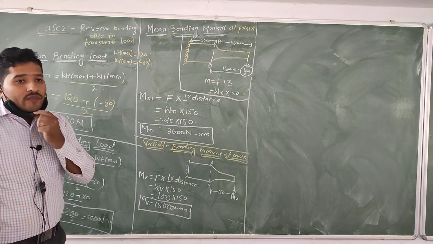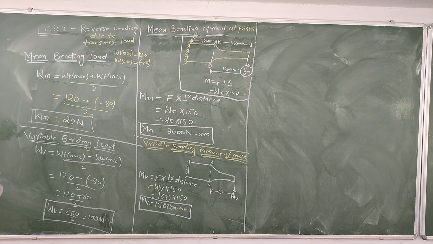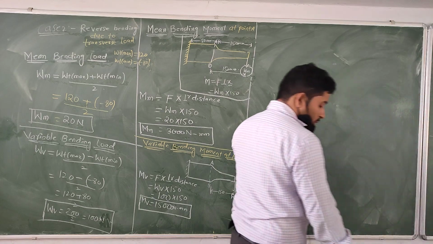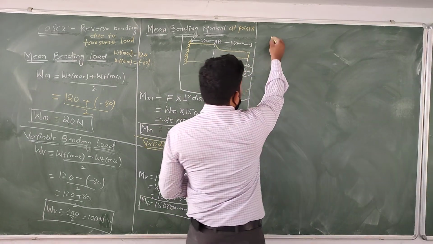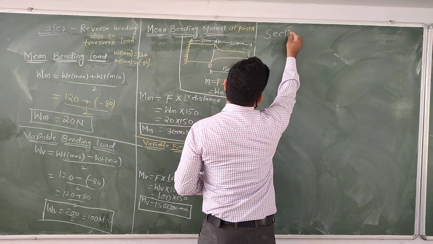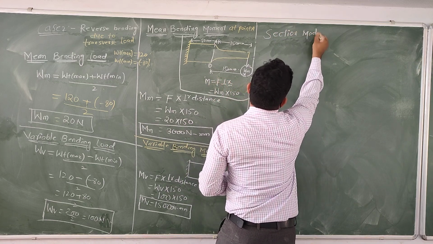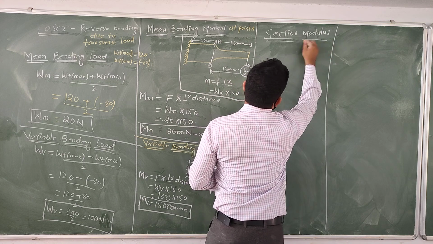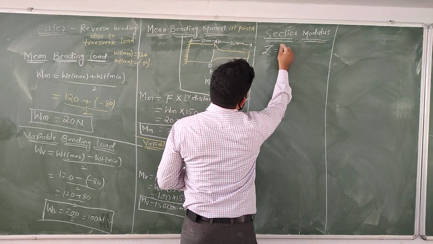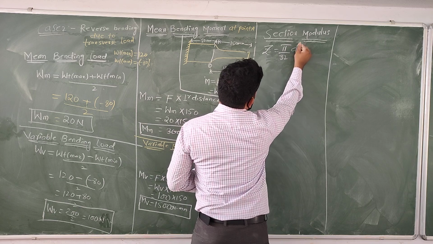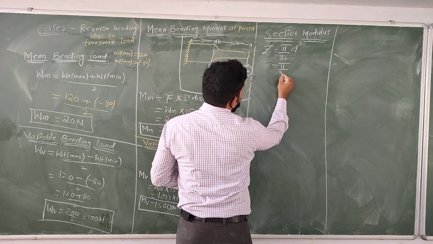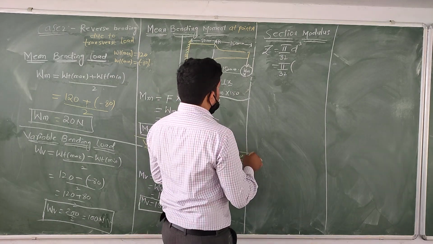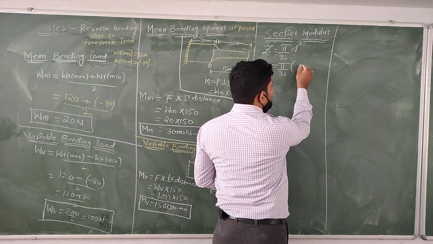Again, what do we need to find out? We need to find out the value of the section modulus. Okay, dear. If you want to find out the section modulus value, which formula do we have to use? Z is equal to, tell me dear. Yes. For the section modulus, we have to use the formula Z equal to pi by 32 d cube. Okay dear. Pi by 32, d is the diameter. How much is d here? d is unknown, we need to find it out.